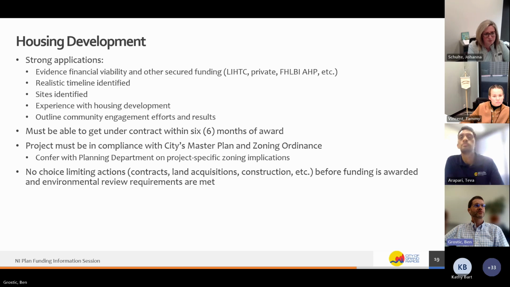Community engagement efforts should be outlined, and the results of those efforts should be in your application. You must, of course, be in compliance with the city's master plan and zoning ordinance. And don't forget, no choice limiting actions can take place from the time funding is awarded, or basically when you're applying for funding. You shouldn't take choice limiting actions until later, if you've been awarded and we've done the environmental